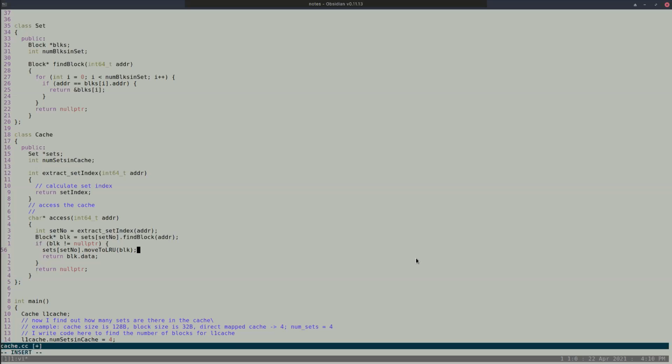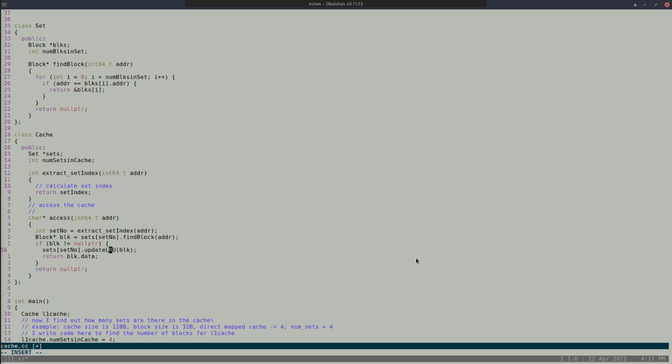So now I have to move this block to the MRU, right? Because I have to send it to the most recently used position, or I can say I have to update the LRU, right? So I have to send it to the most recently used position, or, if it's confusing, let's say update LRU. Right? So I am updating the LRU using this block.